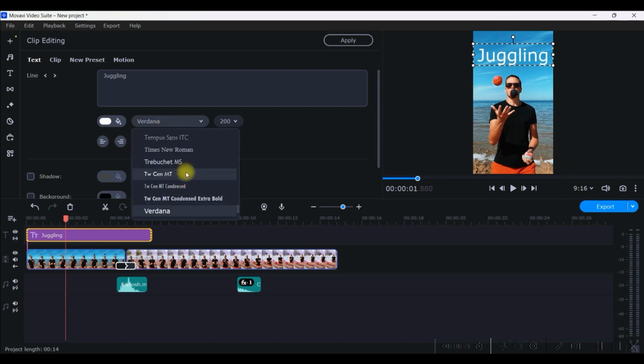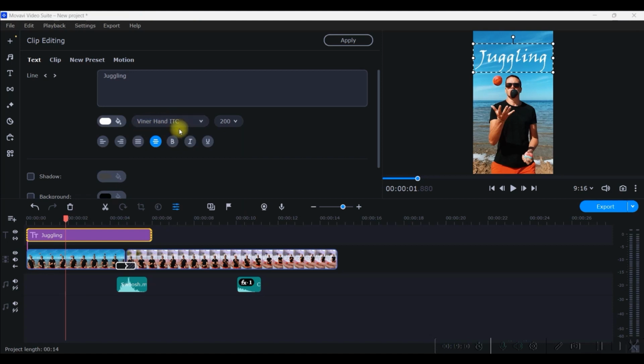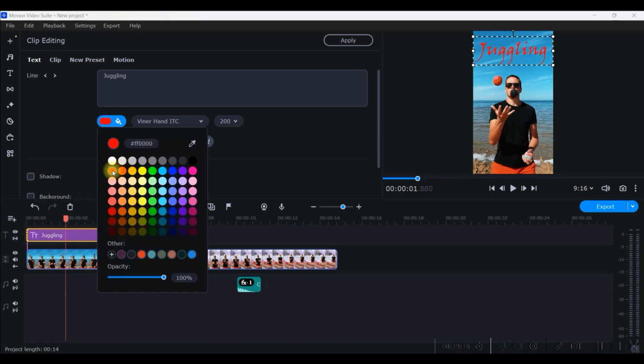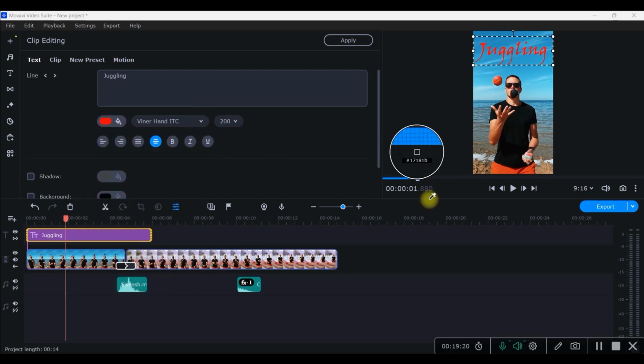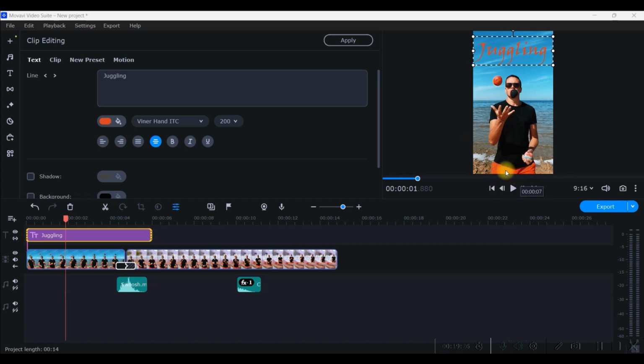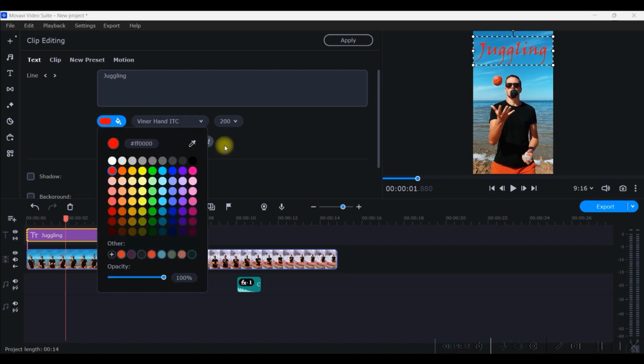And then I will just take a funny font. I have taken Winner Hand ITC font. This is looking a little better. Okay. You can change the color from here also. I can take any color. I can take this picker and pick any color from the background. Say, suppose I want this person's trouser color to be used here, then I can do that. But I was liking that bright red color. So let me use this one only.